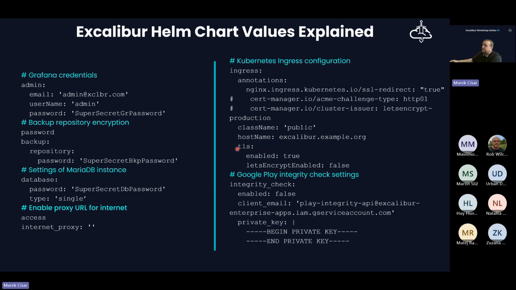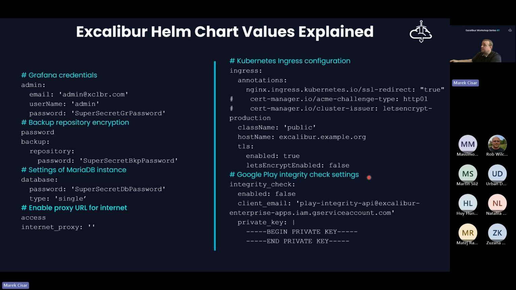This is the configuration that is instructing the ingress engine to take care of the HTTPS encryption. By default, TLS, so HTTPS encryption, is enabled. It's set to true. And also, you can turn on or turn off usage of Let's Encrypt certificates.